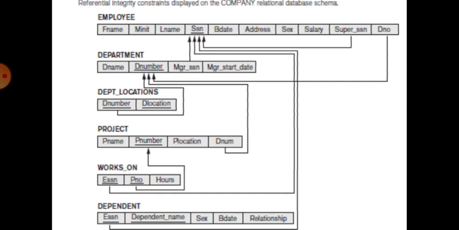Also, it is going to be a foreign key as DNUM in project. Okay, and also it is going to be D number, a foreign key in department locations. Now, project number P number is a primary key in project, whereas it is a foreign key as PNO in works on, like that.